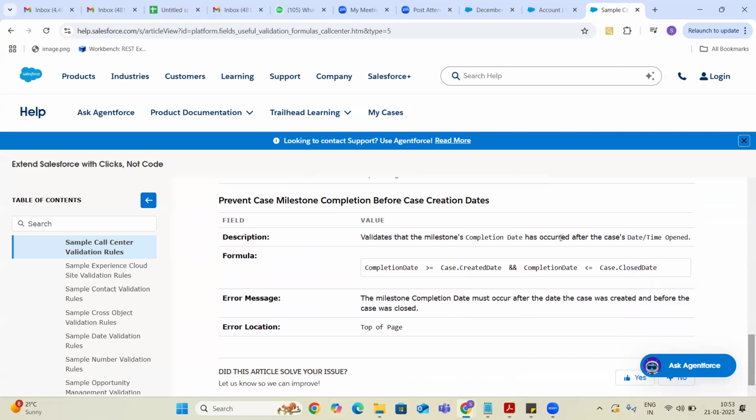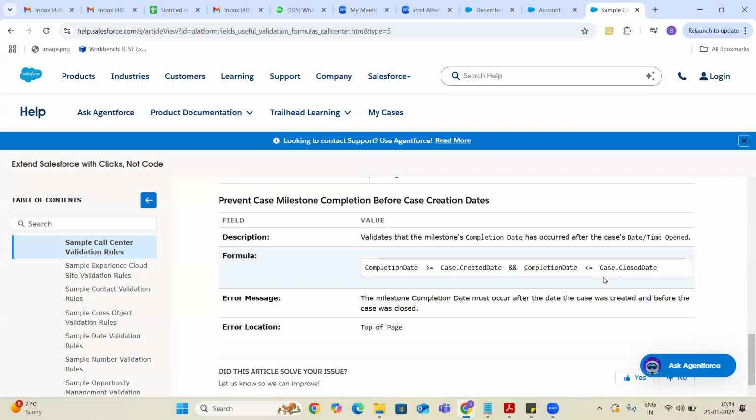This is something like that, comparing guys. We have the case milestone completion date before the case creation date. There is a case milestone date, and we can select on this date that I have completed the milestone. Did I explain entitlements and milestones, guys?